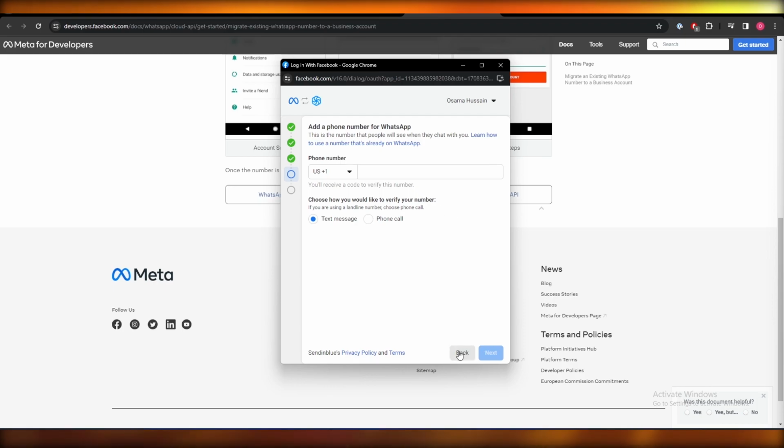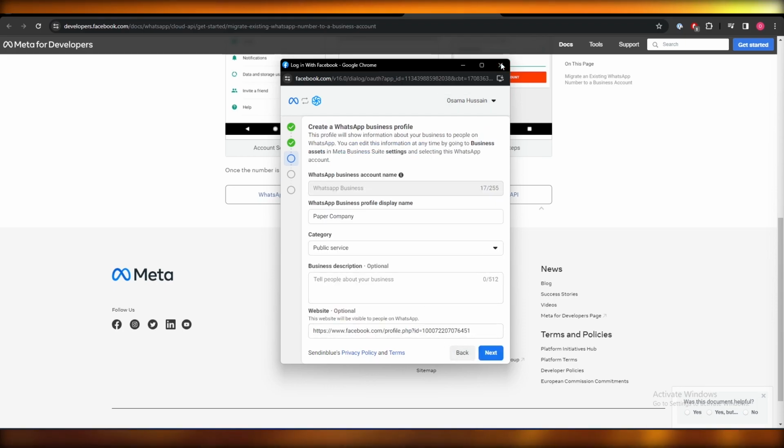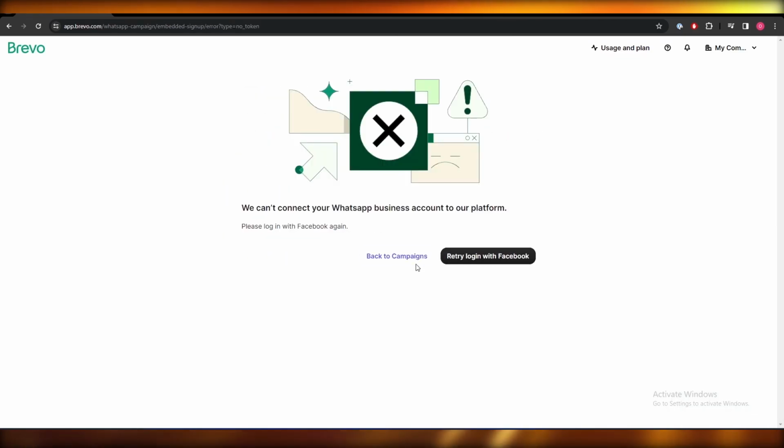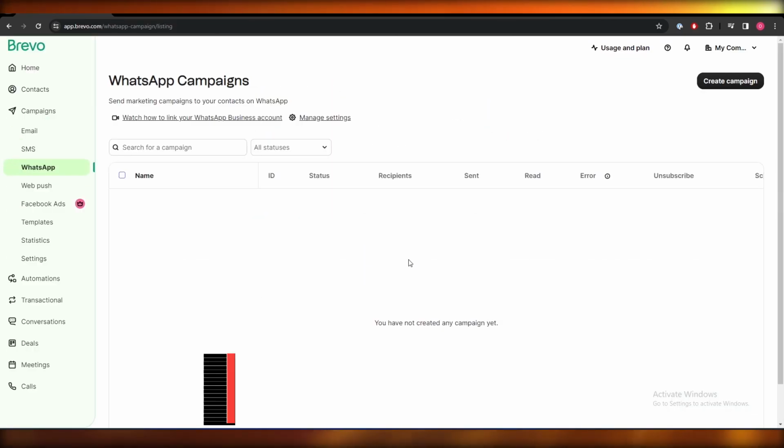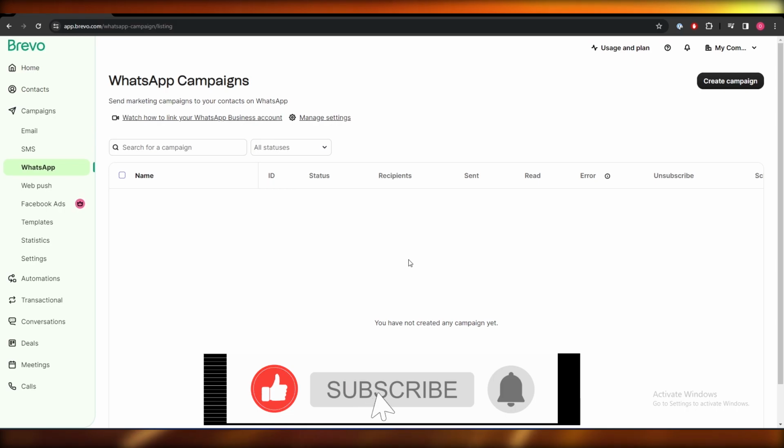And that is how you use Brevo with WhatsApp, and then you are good to go. So pretty simple. That is how you do it. That is how you connect WhatsApp to your Brevo account, and that is how you start